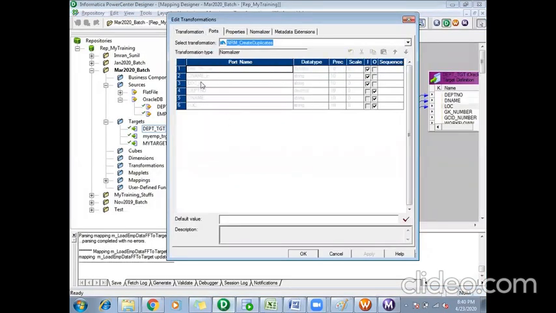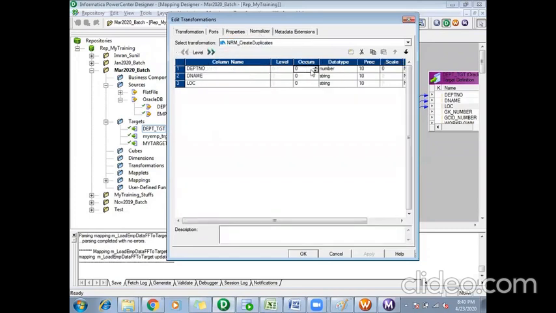Right now in my ports, for every port we have one input and one output. When I increase the occurs to 1 and go back to my ports, there is no change. Now I'll make it 2, occurs as 2, done. Now if I go back to my ports, on the port on which I have increased the occurs, based on the number of occurs, it will create that many input ports. For department number, it will create that many output ports.